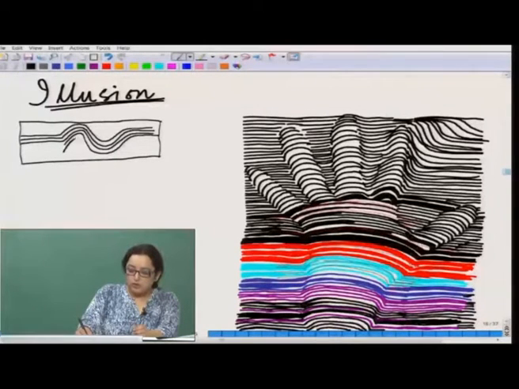So, the concave area will look deeper, it will have a sunken effect, whereas the convex area will look as if it is going up. That will create a fold-like condition, as seen in the picture.